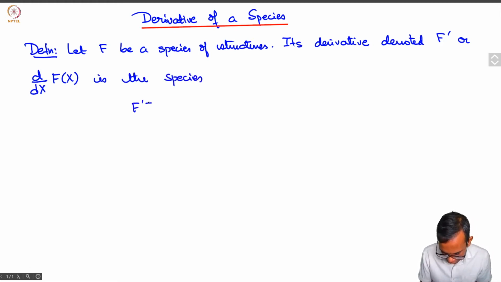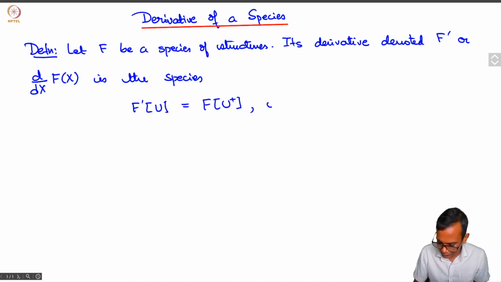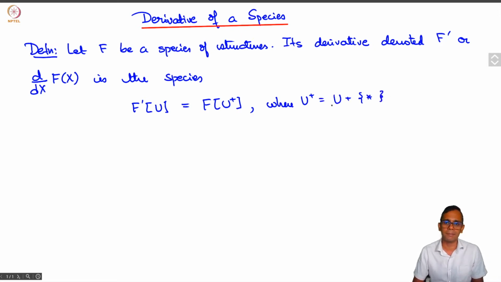f prime of u for every finite set u is f of u plus, where u plus is the set u with one point adjoined to it. The point we'll denote by star. And if we want to be a little more specific about which set we are adjoining the point to, we may use a subscript star, subscript u. And transport of structure is defined by,